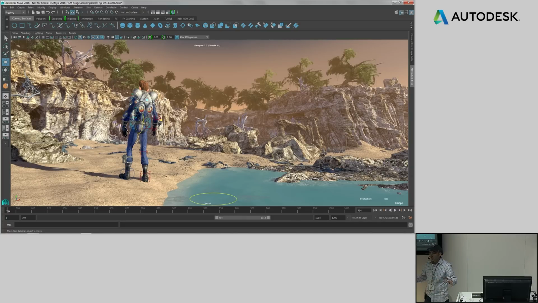So the new look and feel has the ability to scale based on the display device that you're displaying it on. That means if you're working on a retina display or a very high resolution Ultra HD display, the icons will scale nicely, all the windows will scale nicely, the text will scale nicely, the marker menus, everything is tied into this scaling of the user interface,